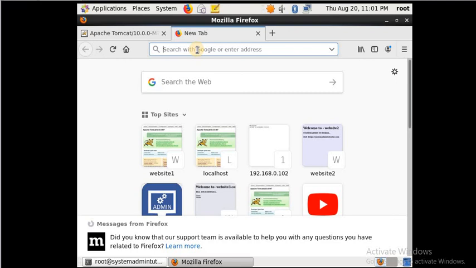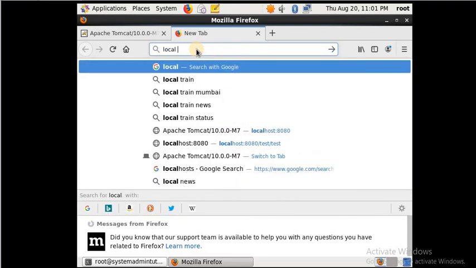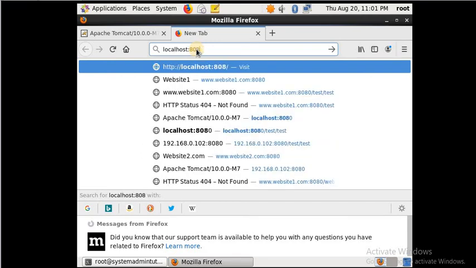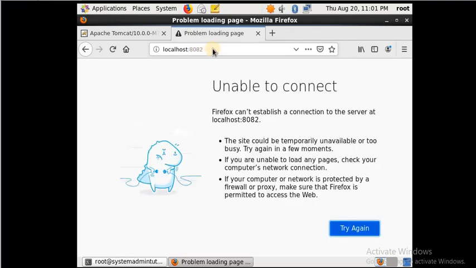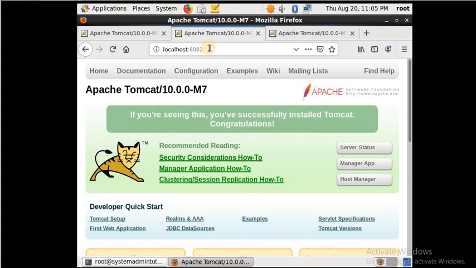Next is 8082. You see I'm able to access my web page from different ports: 8082, 8081 and 8083.